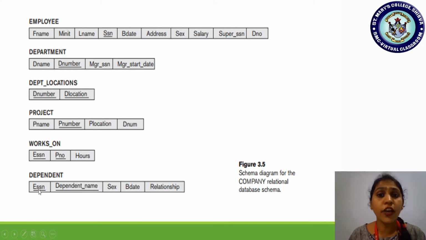ESSN acts as a foreign key, not a primary key here, right? So ESSN and dependent name, both are not primary key values. The dependent name is just an attribute in dependent. So this kind of combination we call a composite key attribute. Is that fine? So this is how the discussion goes with the relational database schema.